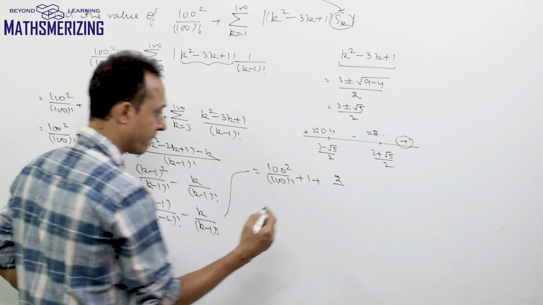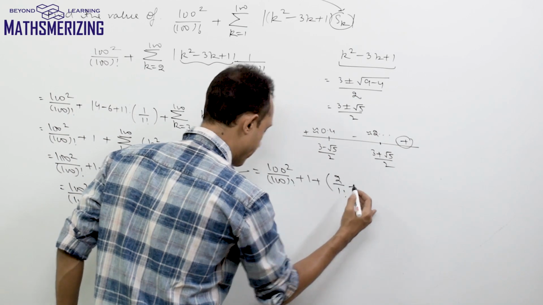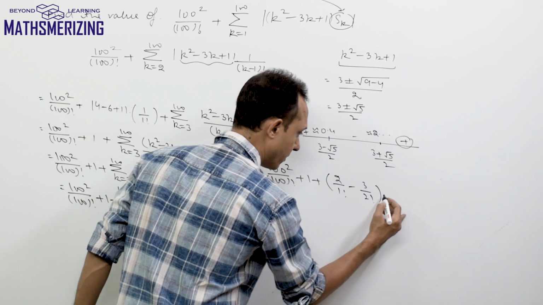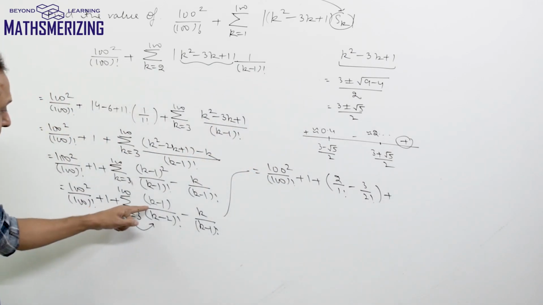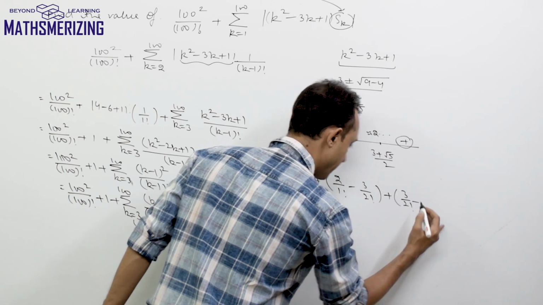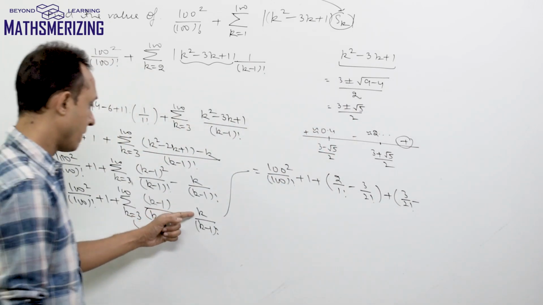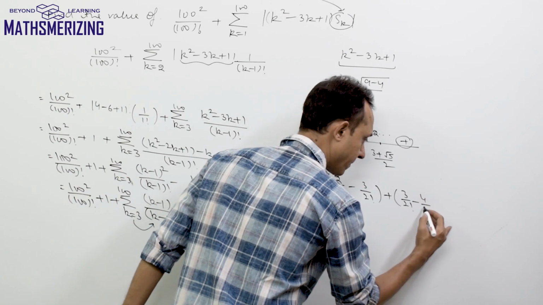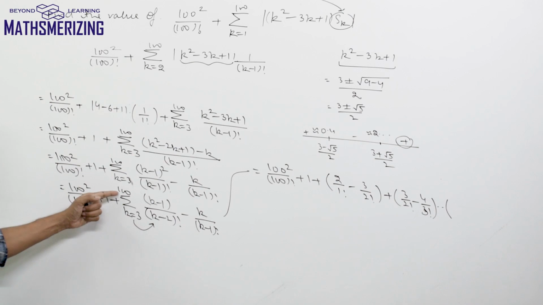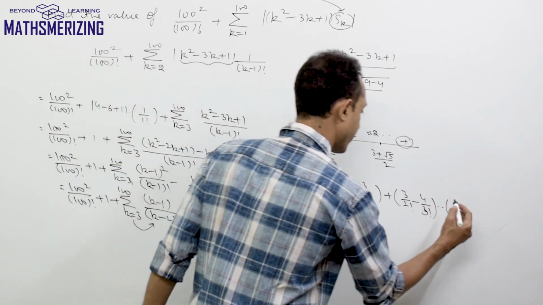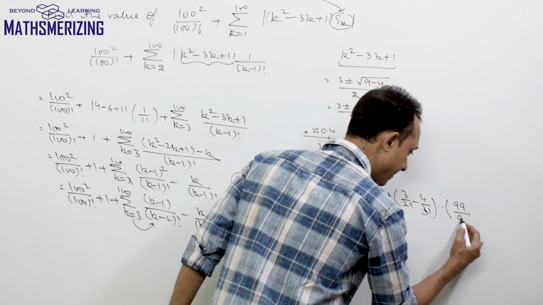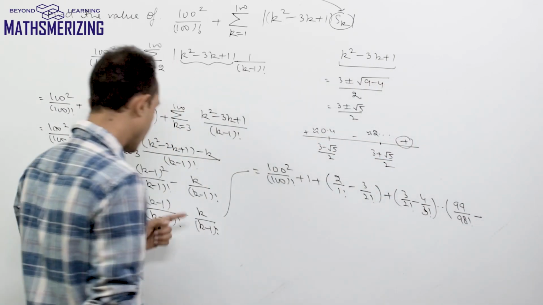2 upon factorial 1 minus, now here will be 3 upon factorial 2 plus, now if I put the value of k as 4, I'll get this as 3 upon factorial 2 minus, now it will be 4 upon factorial 3. And this series will continue up to 100. So here I'll get 99 upon factorial 98 minus 100 upon